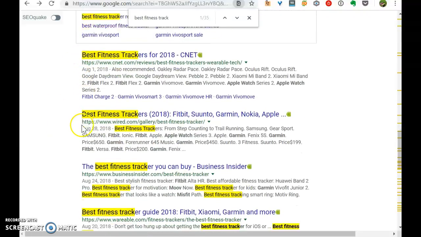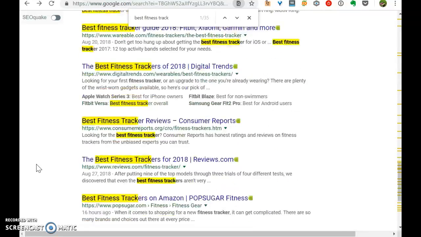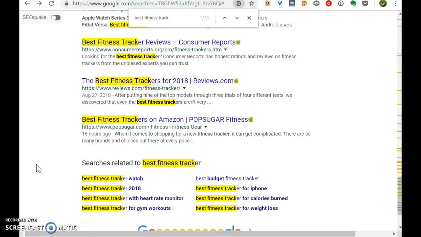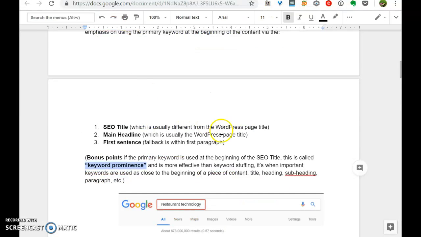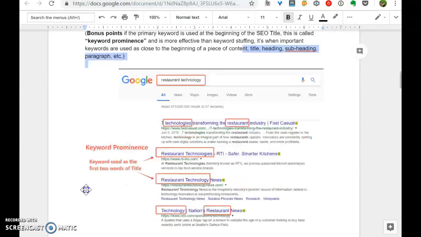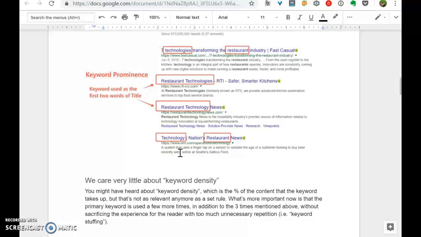It's pretty common, particularly for competitive keywords, that you would have the keyword right at the beginning of the actual SEO title or the headline. And also in terms of paragraphs, headings, and subheadings, let's go over it and have another example.